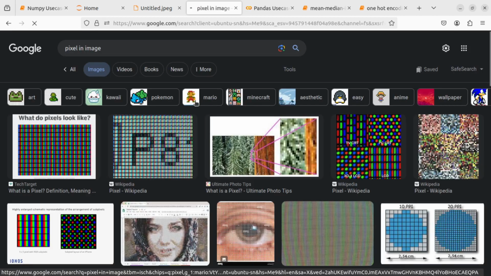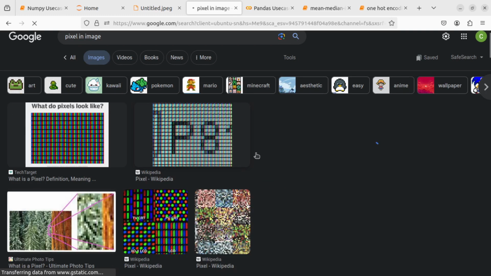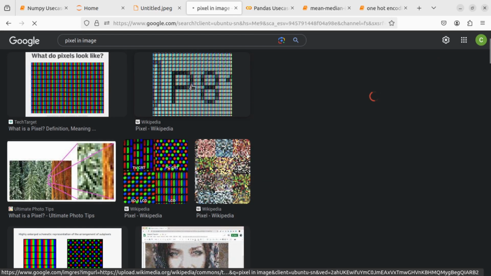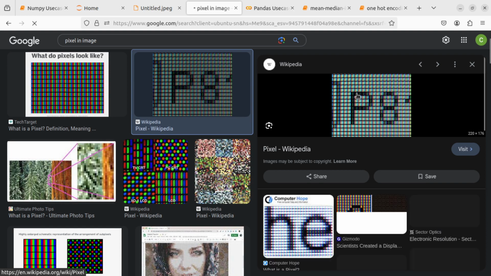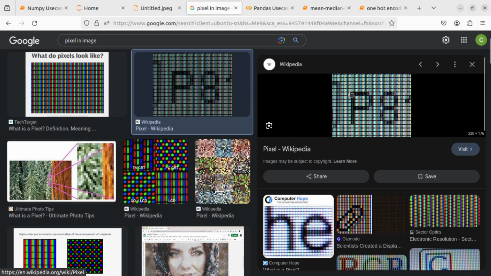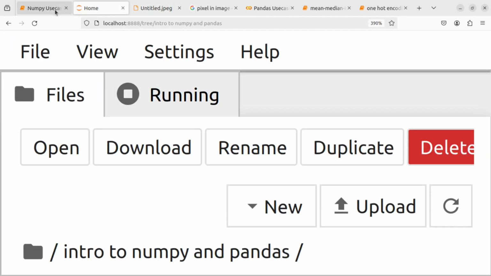If I get any pixelated image, you see this, right? This A, P and 8 is created out of these boxes. Some are white boxes and some are black boxes. So how are they defined? In Numpy,